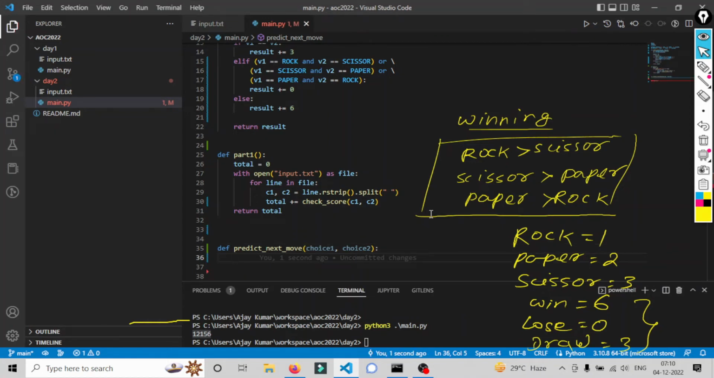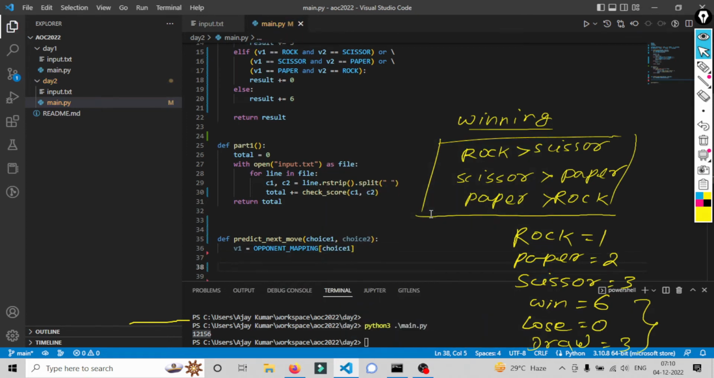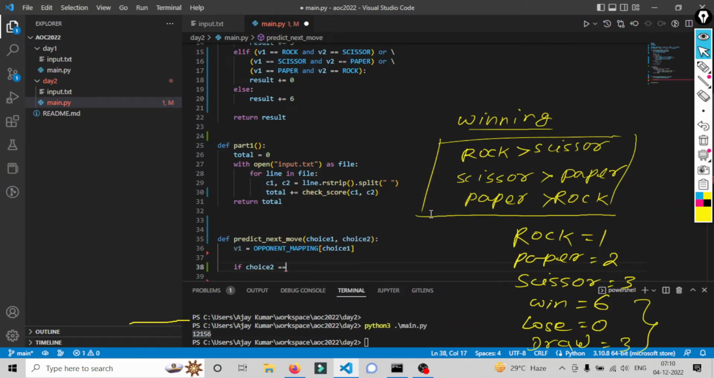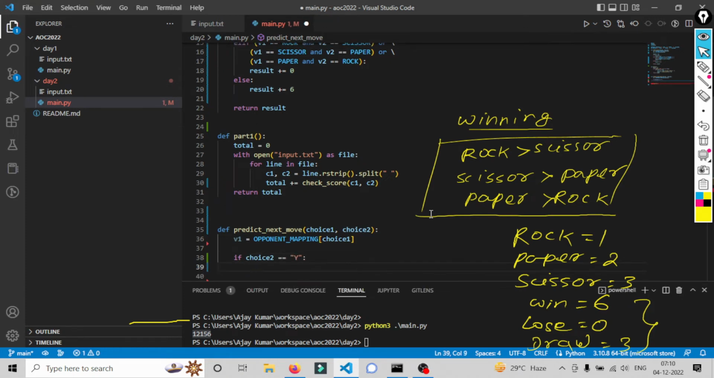Now I will just calculate the current score of the opponent. So opponent mapping of choice 1. Now based on choice 2, I will decide what move I have to take. So here, let me just handle the draw case first. If choice 2 equals y, which means the game will draw, right? Then